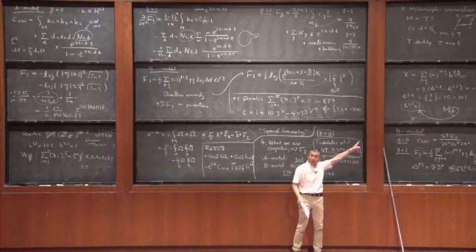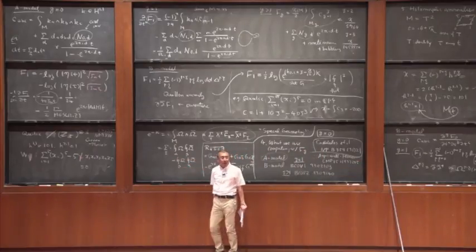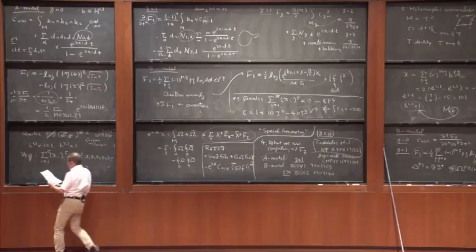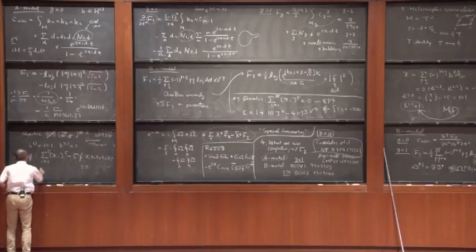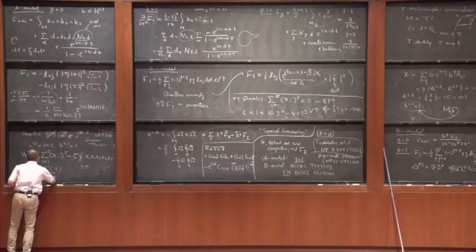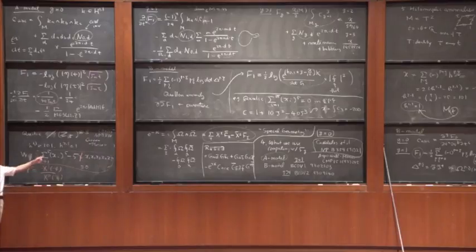That should be the same for the A model and its mirror B model. So if you compute the flat coordinates, then you can understand the mirror map. And therefore, the mirror map should be t equal to the ratio of the period. So if you have an equation like that, it's a well-defined mathematical task to compute the period